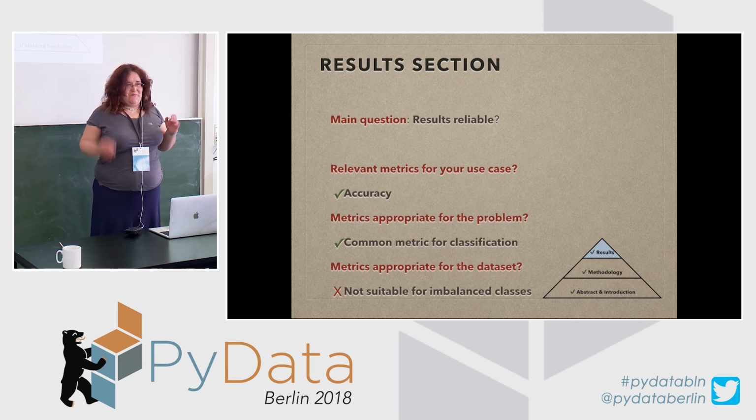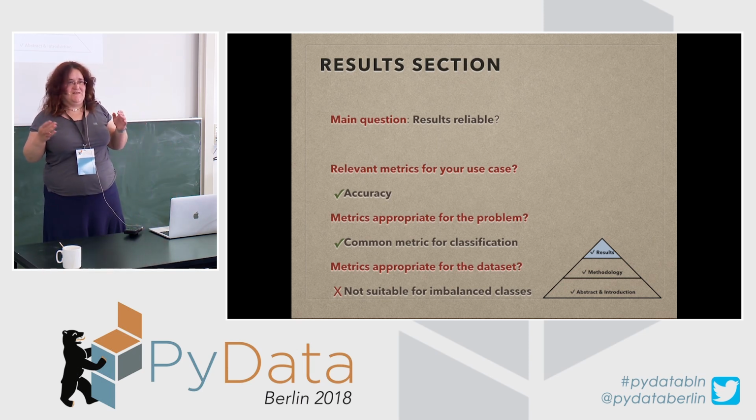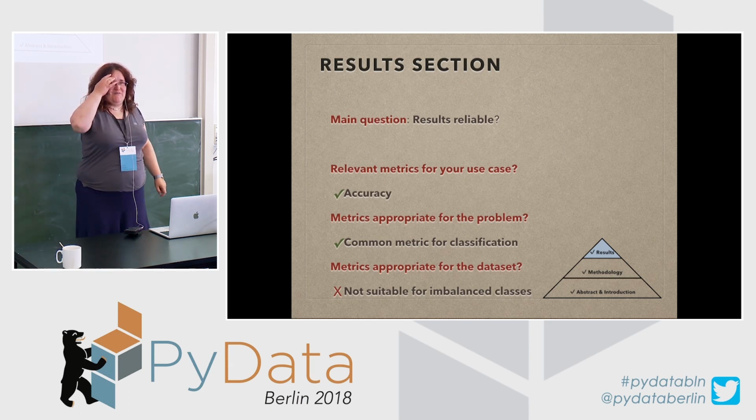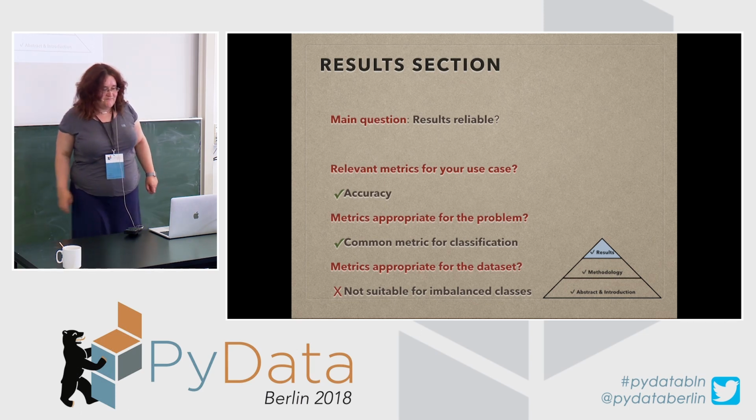A bit more subtle is the question, though, is the metric not just relevant for the problem, like classification, but also for the specific data set? And here, there's a bit of a concern, because when we talk about page stream separation, what we have is very imbalanced classes. Usually you label each page with whether it's a new page, starting a new document or not. And usually you have many more pages that are not starting a new document if you have long documents,